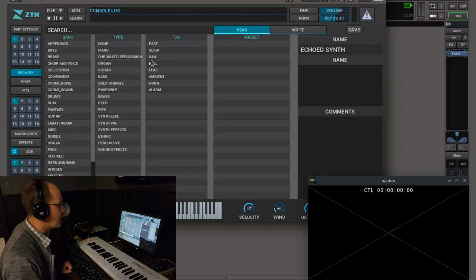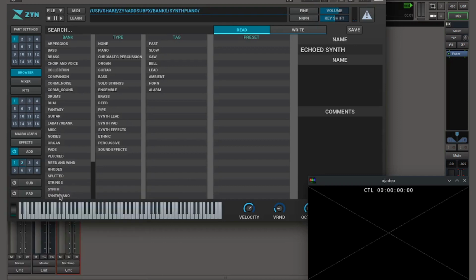We want to have some kind of atmospheric background sound, so let's see what we can find here. Maybe a pad sort of sound. Let's see if we can find something here. Pad. And let's just try a couple options. So this is just a sine wave. So maybe if we just drone,